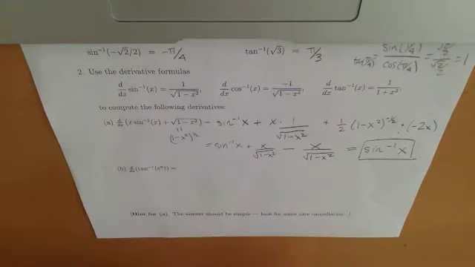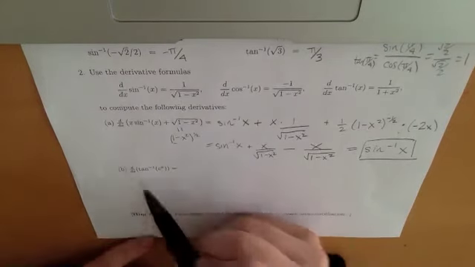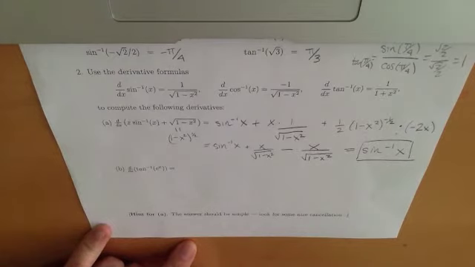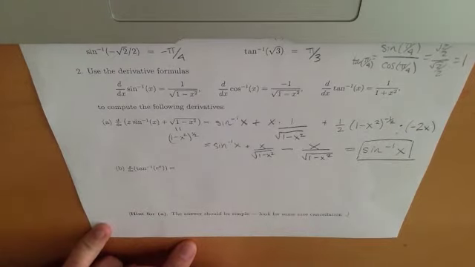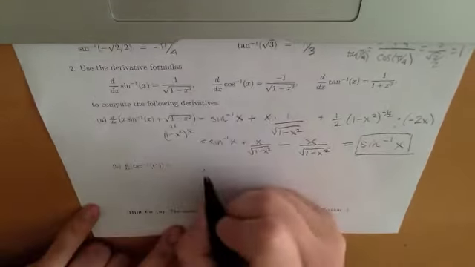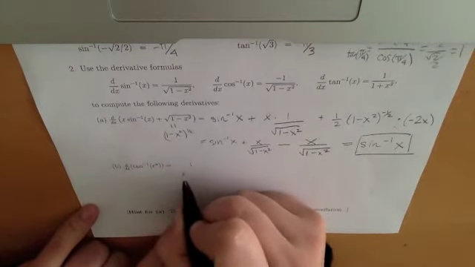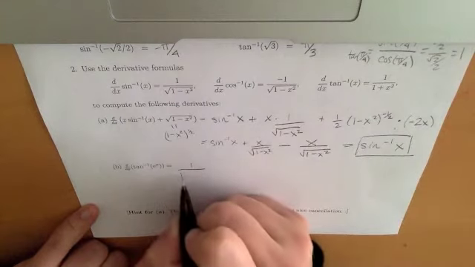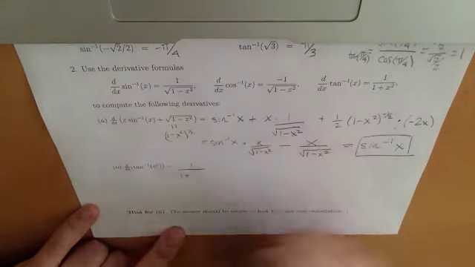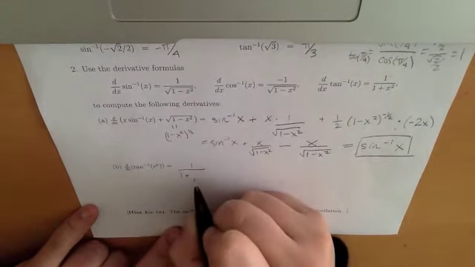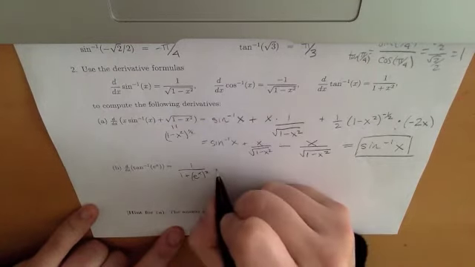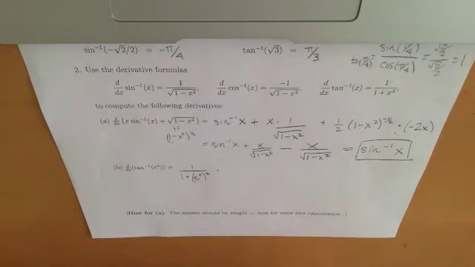Okay, the second one, I'm going to have to use the chain rule here. This is the composition of two functions. I've got tan inverse of e to the x. So to take the chain rule, I take the derivative of the outer function first and compose that with the inner function untouched. So I get the derivative of tan inverse is 1 over 1 plus x squared, but instead of x, I plug in my inner function, so e to the x squared,